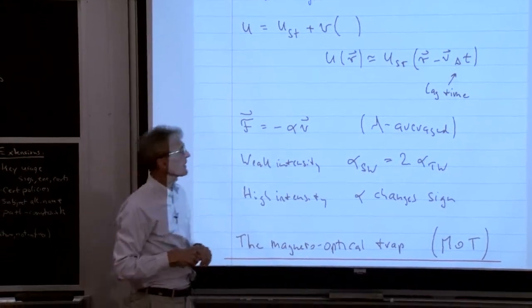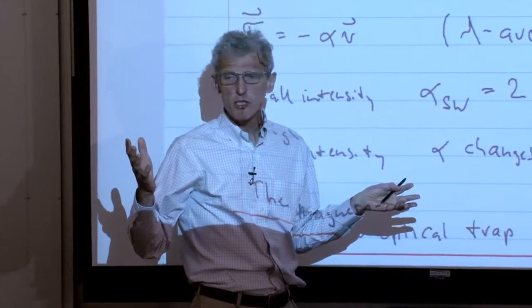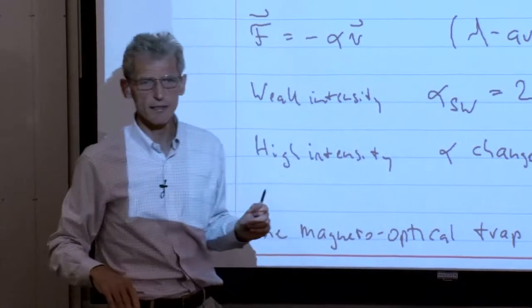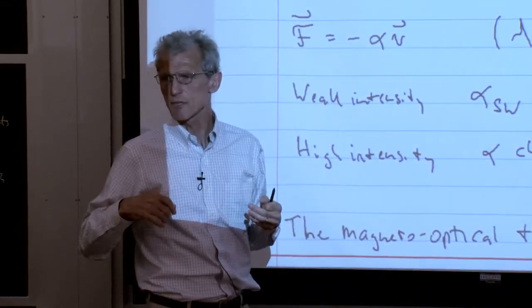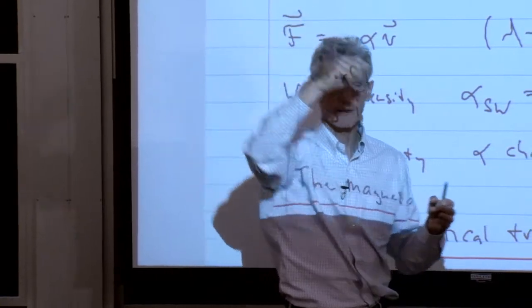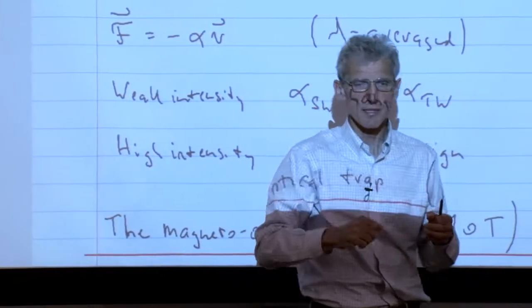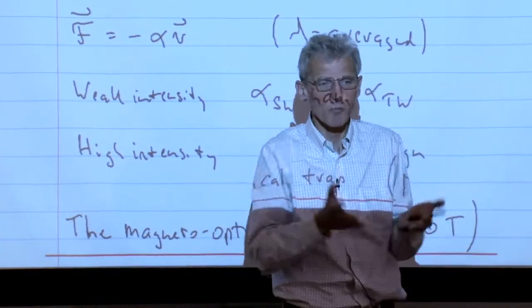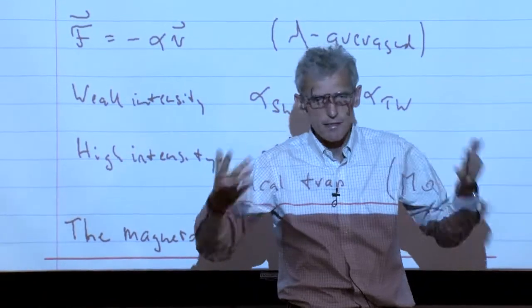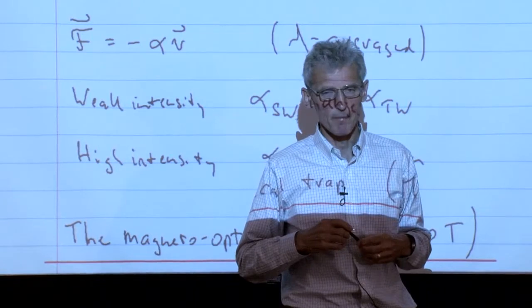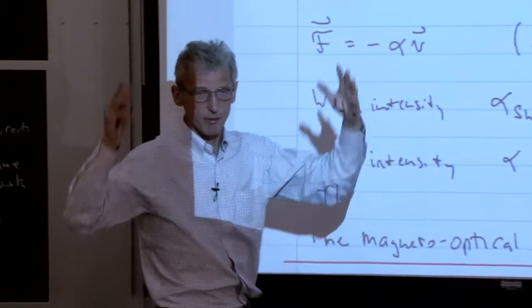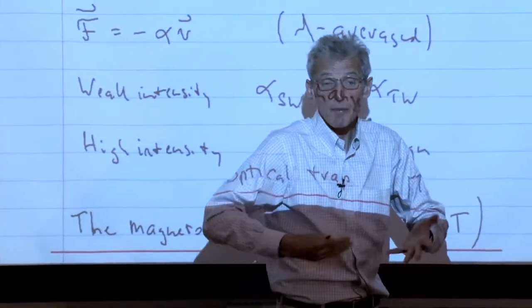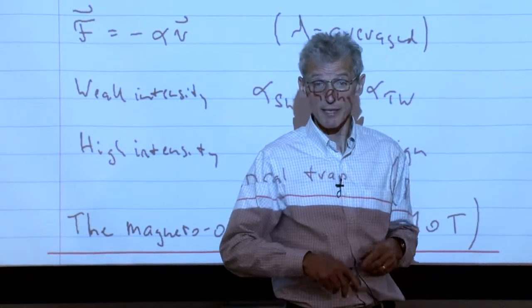For instance, if the atom goes through a standing wave, it goes from high intensity to low intensity, and it takes about one spontaneous emission time. When you are highly excited and go through a node of the standing wave, the steady state solution is that at the node there is no light. The steady state solution with no light is you better go back to the ground state. But that takes something on the order of the spontaneous emission time. So when I'm excited in the middle of the bright laser beam and I go fast into the dark region, I'm still excited because I didn't have time to get rid of my excitation.